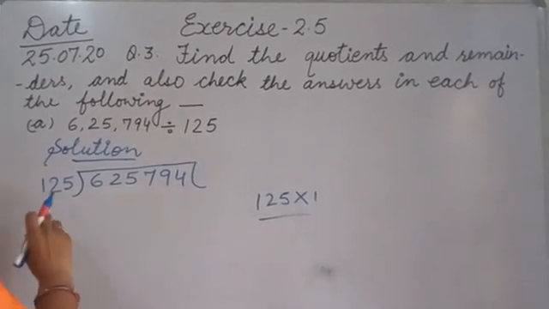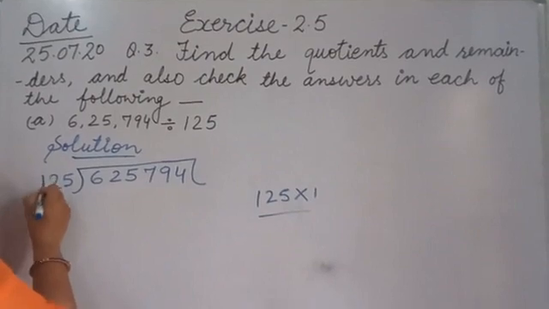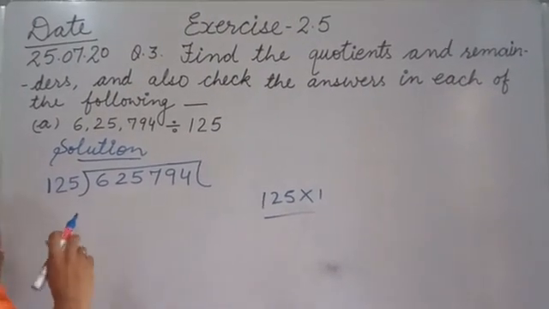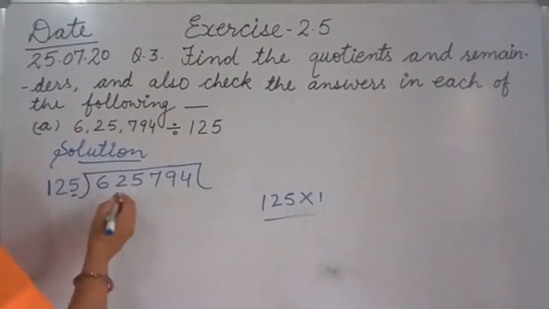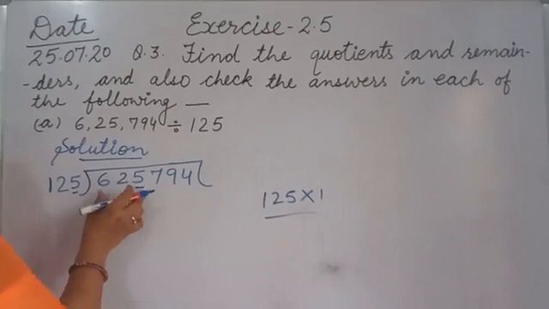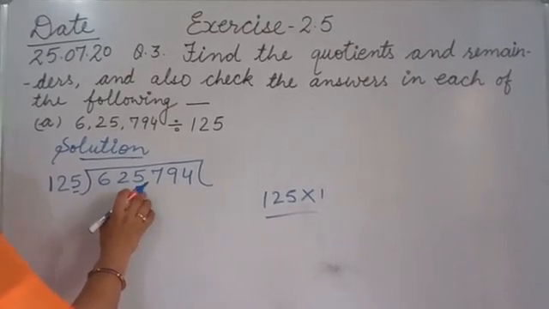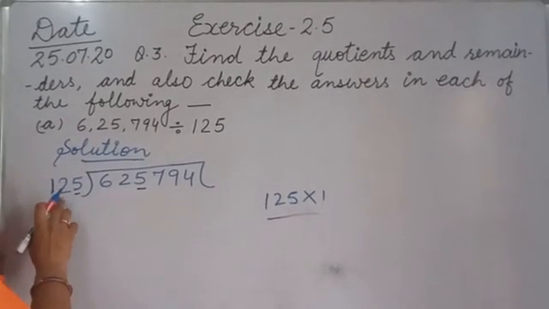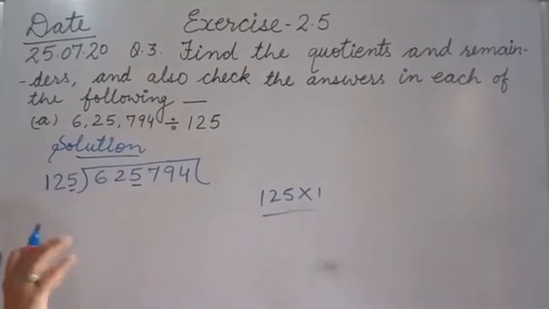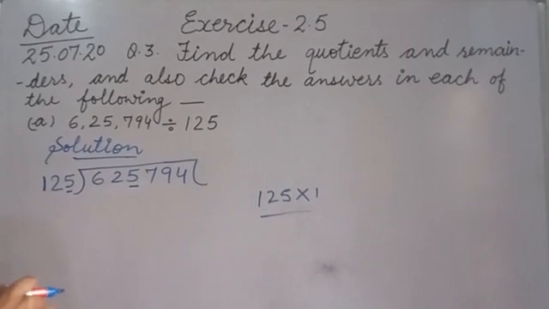Okay. So when you have 1 in the last, what we do is we skip only the 1's column. From here also we skip the 1's column and from here also we skip the 1's column. A 3 digit number we have to take, and from this 3 digit we will skip the last 1's column. Okay, and now we recite the table of 12 where we have 62. So we can get that at which number we will take the table.